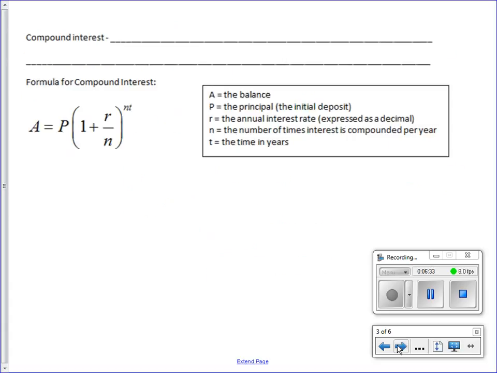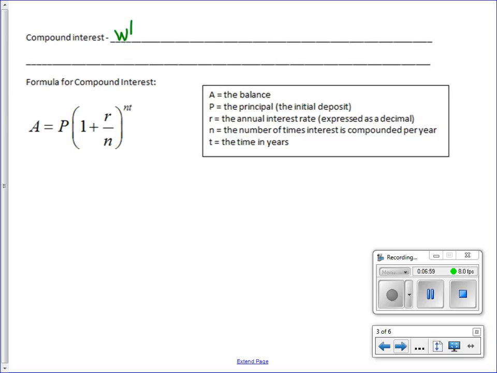Number 3. Let's talk about compound interest. In compound interest, and be aware, this is the type of interest if you have a savings account at a bank or a savings and loan. This is how they do it. Compound interest is